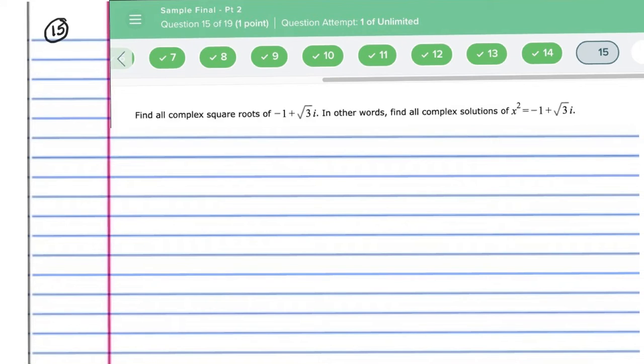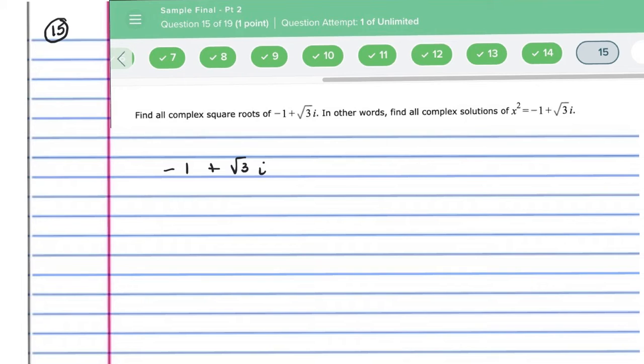This is problem number 15 on sample final part 2. In this example, we'll find all complex square roots of -1 plus the square root of 3i. In other words, find all complex solutions of x squared equal to -1 plus root 3i. The first thing we want to do is rewrite -1 plus root 3i